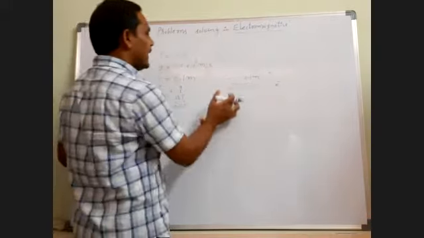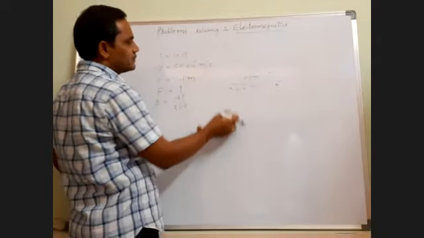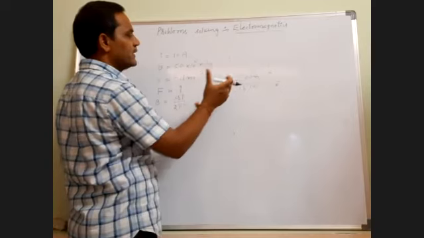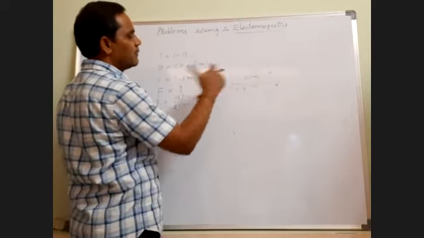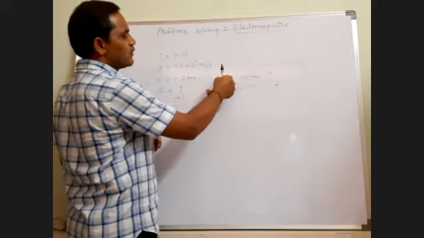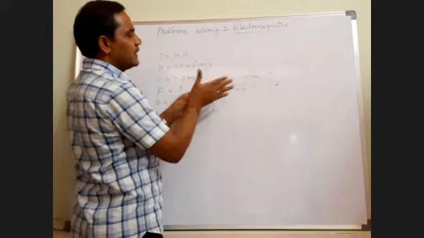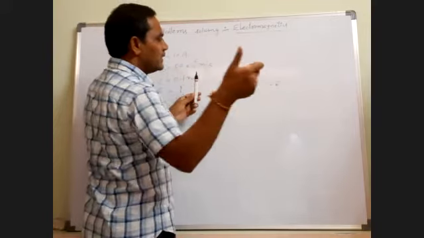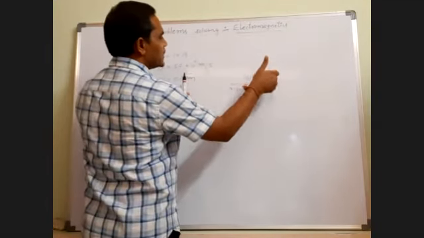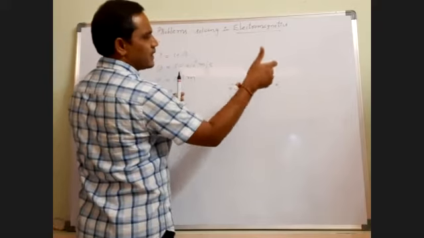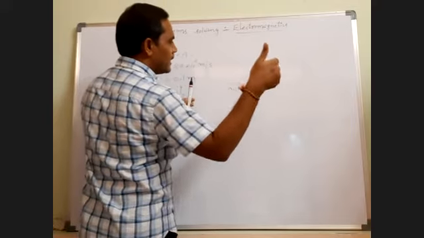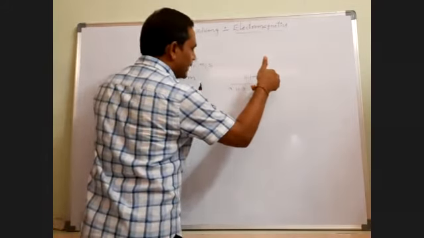So here the current direction is in the upward direction. Here the conductor is in the board plane. Then by using the right hand thumb rule, the magnetic lines of force are in the anti-clockwise direction. Therefore, at this point, the magnetic field direction is perpendicular to the board plane, in the inward direction. So here B bar direction is perpendicular to this plane.